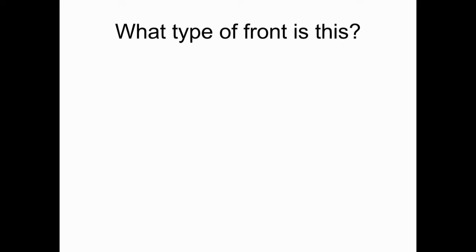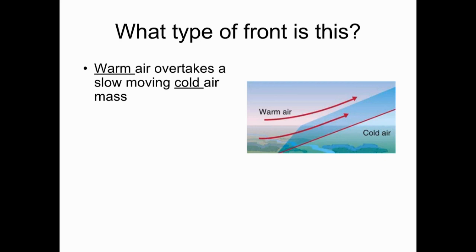The next type of front is when you have a warm air mass taking over a slow-moving cold air mass. The cold air is denser, and the warm air moves up over the cold air. You can see this in our picture. The front is represented differently because it takes a long time and is very slow-moving. A warm front is represented by 3 half circles. They're always colored red and faced in the direction that the system is moving. I always kind of remember this as